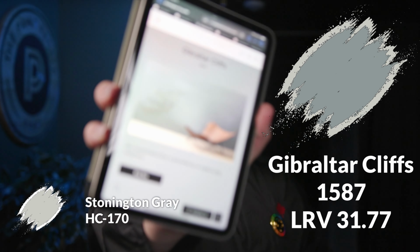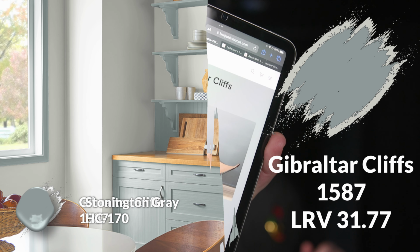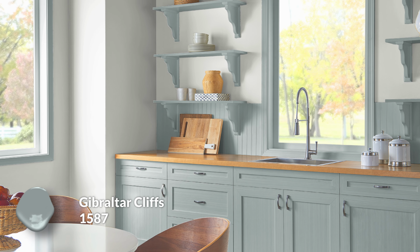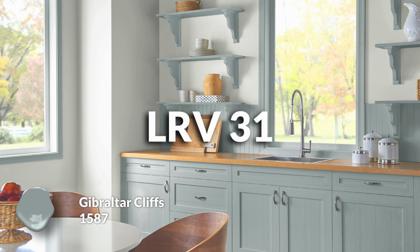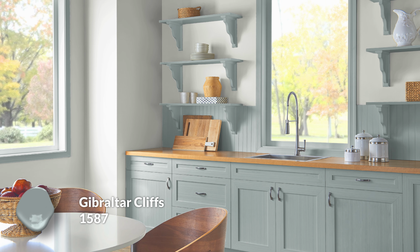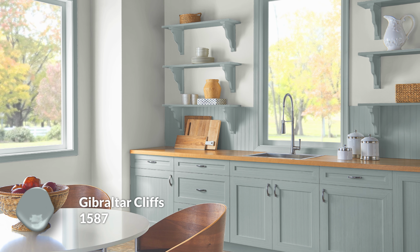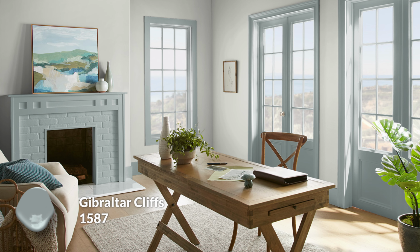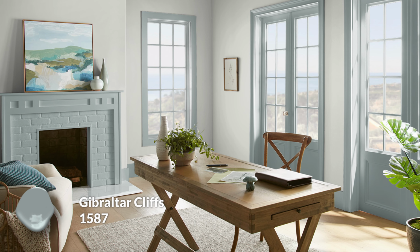Now, what if you wanted a trim color that was a little more colorful or darker? Gibraltar Cliffs would be my choice for a darker trim color. And as you can tell, it's not super dark. It has a 31 LRV, so you can get quite a bit darker if you really wanted to. But what I like about it is it's leaning into that subtle, cool cast that can sometimes show up in Stonington Gray. Although this one, it's not just an undertone or an effect of lighting,